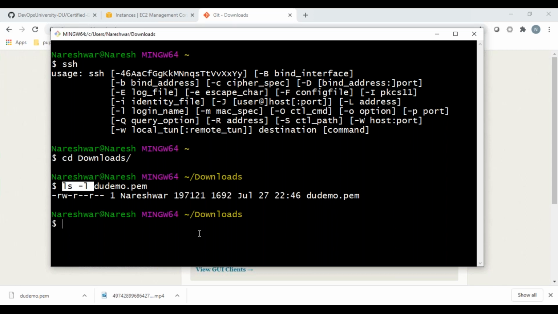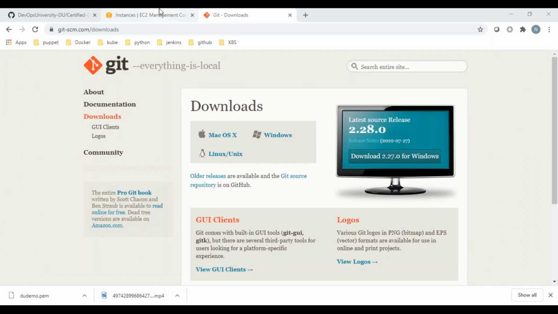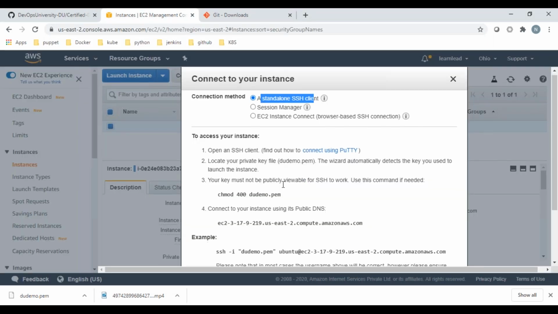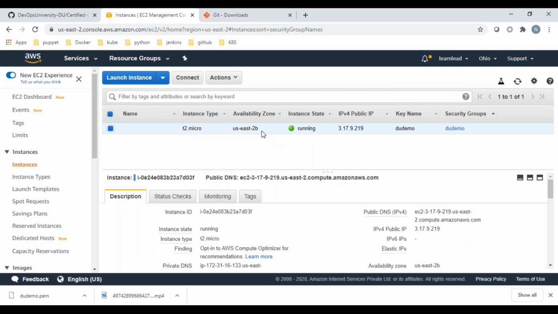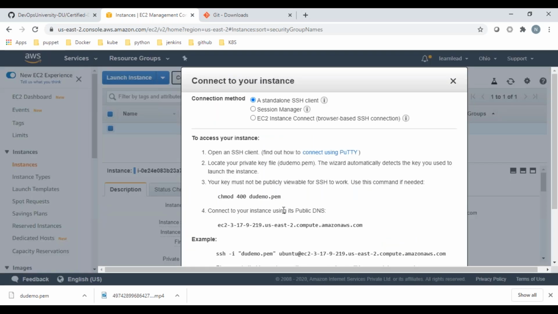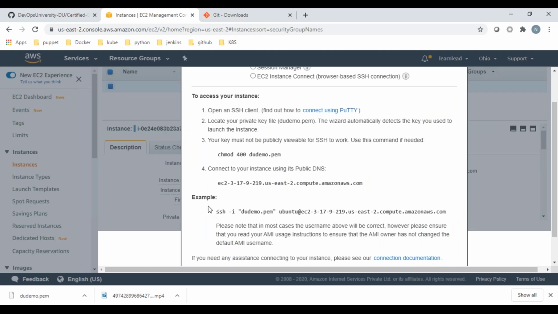Now, how do I connect to my remote system? Within the AWS console, look at this one. There is a command under the example. If you want to connect to the server, I'm showing you again: select the server, click on the connect option. Under the connect option, example section, there is a command, which is ssh -i, the file name that you have,